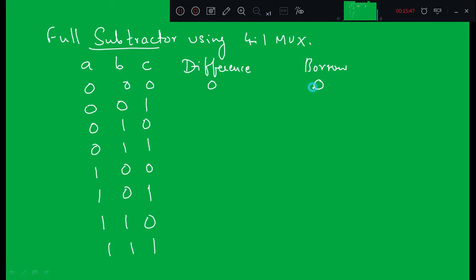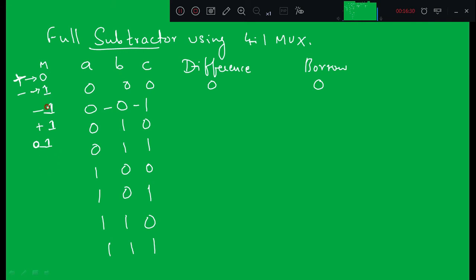Okay. 0 0. So 0 minus 0 is 0 0. 0 minus 1 is actually in decimal represented as minus 1, right? But how to write minus 1 in binary? So let us write plus 1 first. 1 can be represented in binary using only 1 bit, but here I am using 2 bits. Why? The second bit, this MSB, will tell you the sign. If it is positive, then MSB will be equal to 0, and if it is negative, we represent it as 1, right?